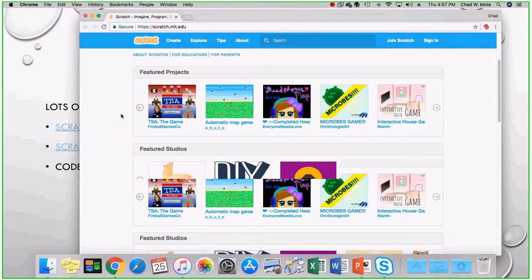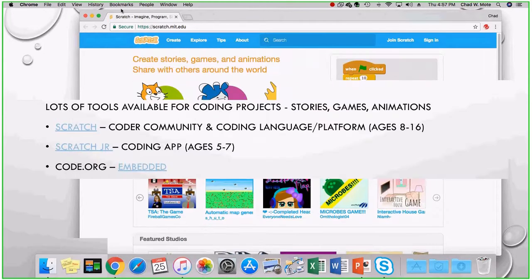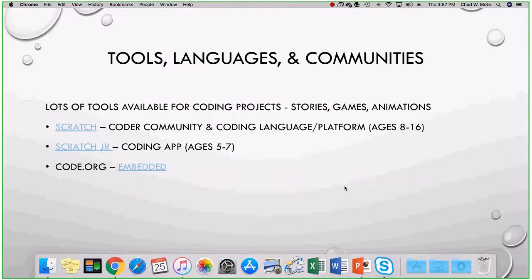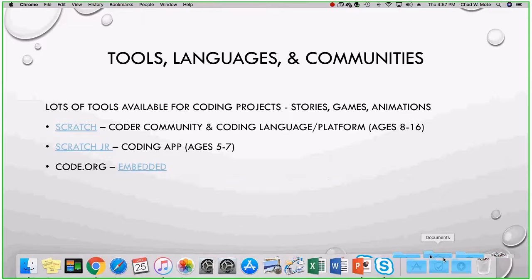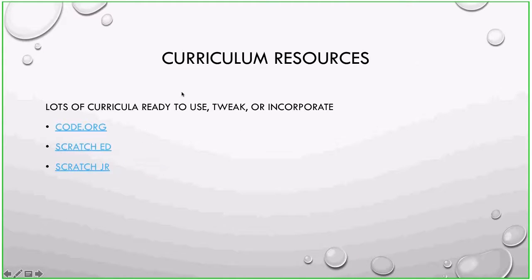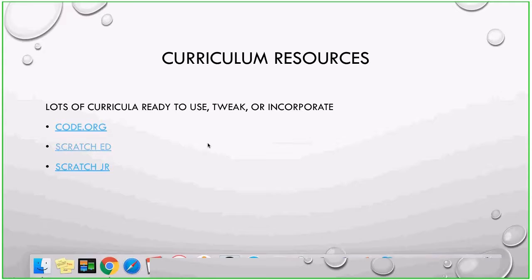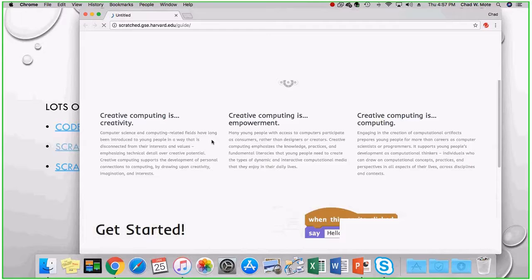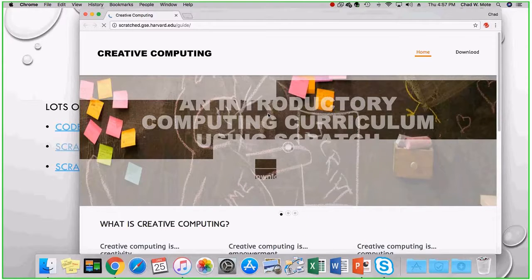Here, say what? Let's go to the next slide. These were the curriculum resources. I wanted to go to Scratch Ed. Scratch Ed is